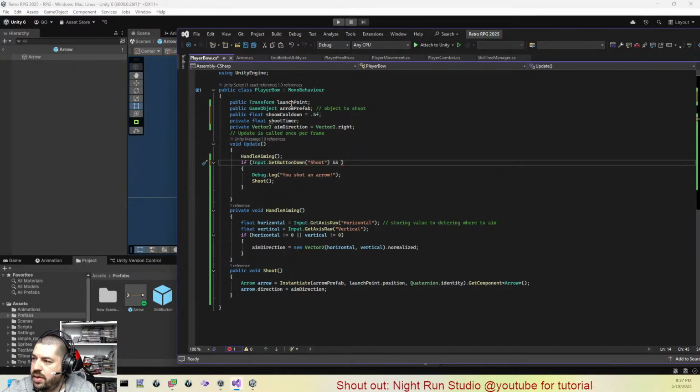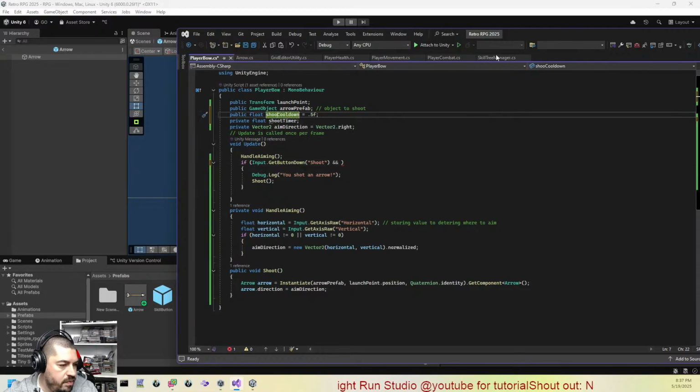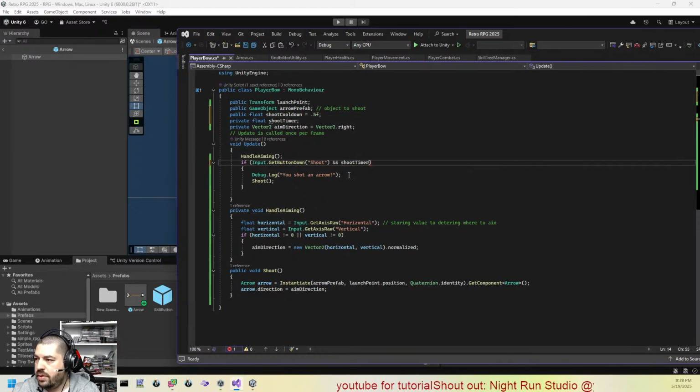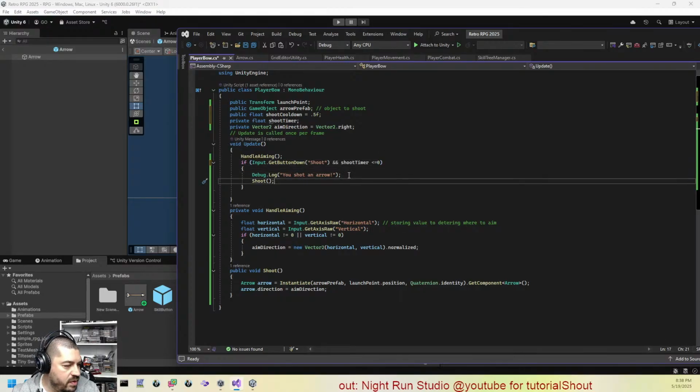Oh, that's not right. We're going with the shoot timer less than 0. Do this, and then probably after the shoot, we need to